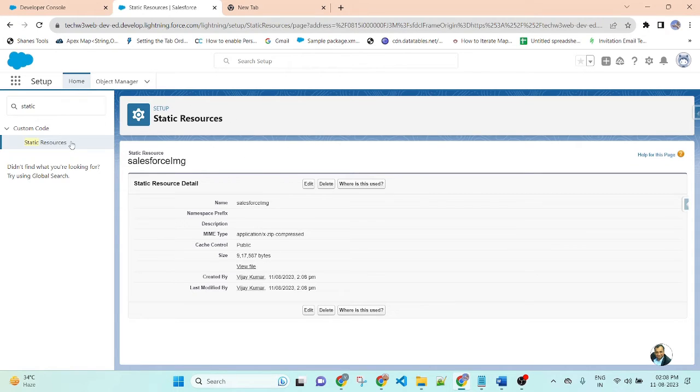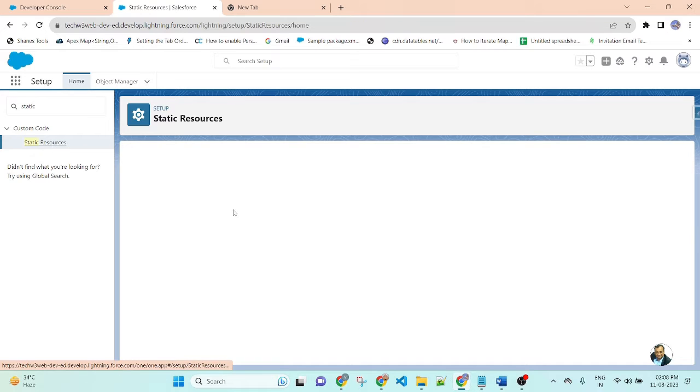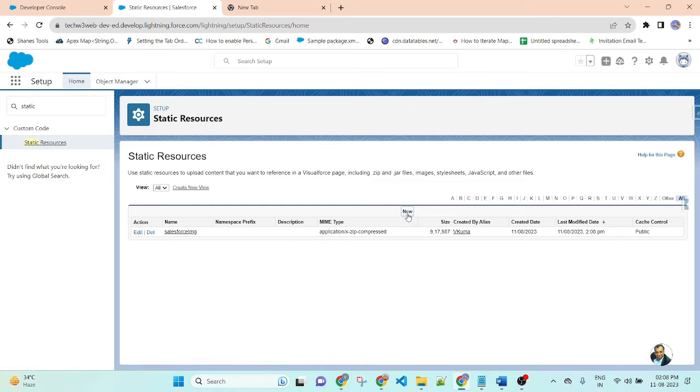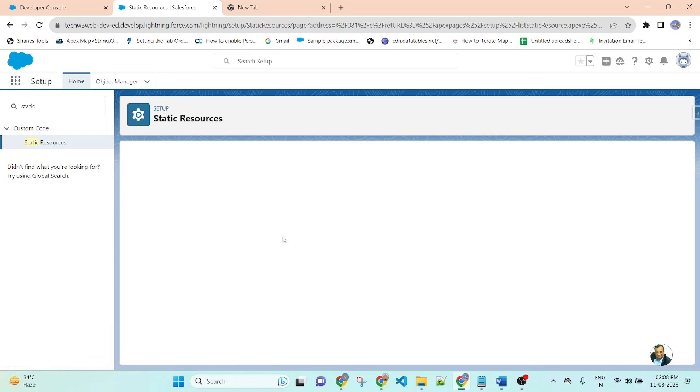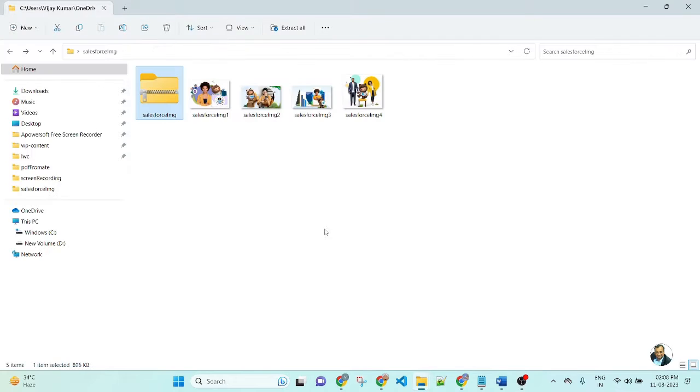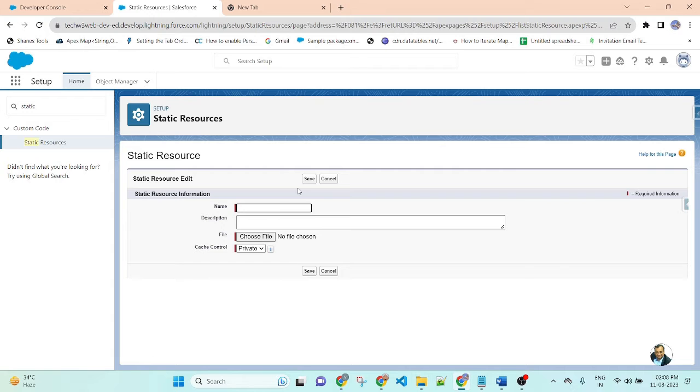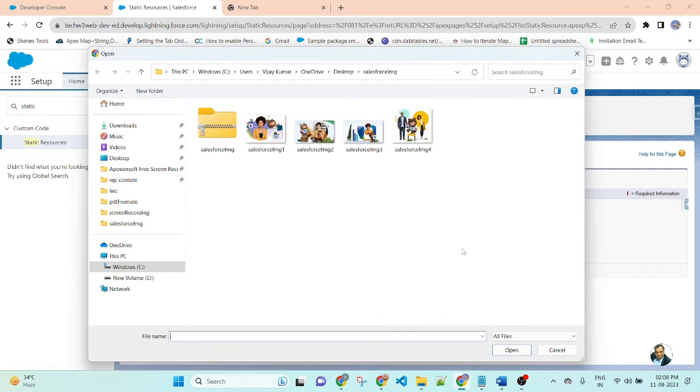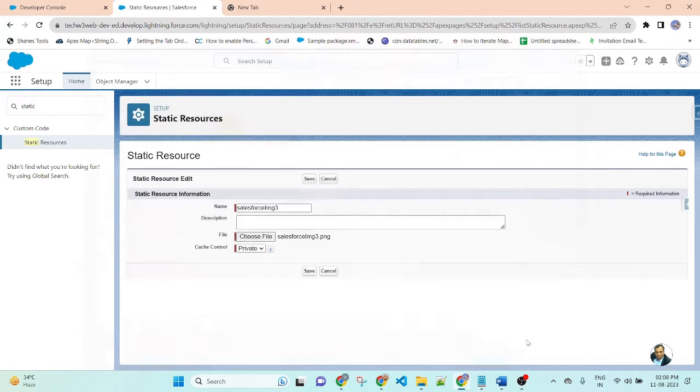Now I am creating another one. Click new. Write the name of the file. Here I am putting the name Salesforce image 3. Here I am uploading the image directly, not a zip.